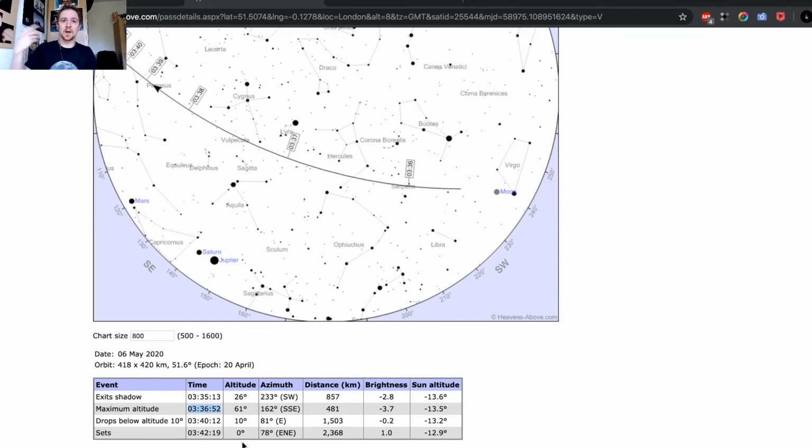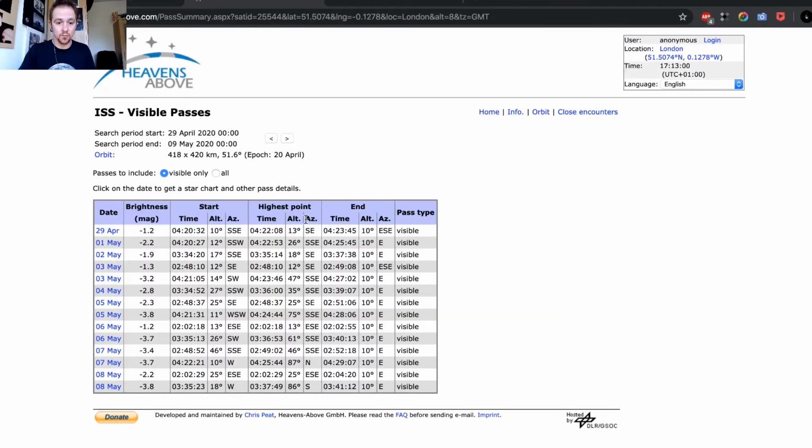So basically you can expect, if it's let's say 45 degrees, then you know that the zenith, the 90 degrees, is right above you, the horizon is 0, so 45 degrees is roughly in between the two. And then obviously if it's 50, 60, 70, 80 degrees, then higher and higher, closer to the highest point right above you. So yes, these are all the predictions.